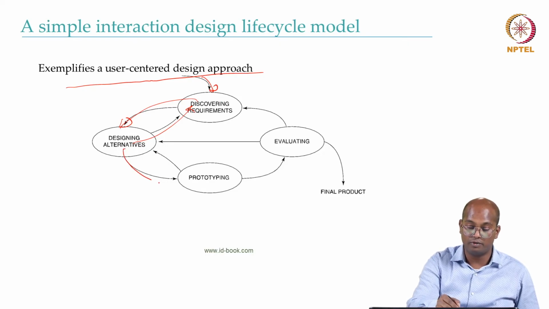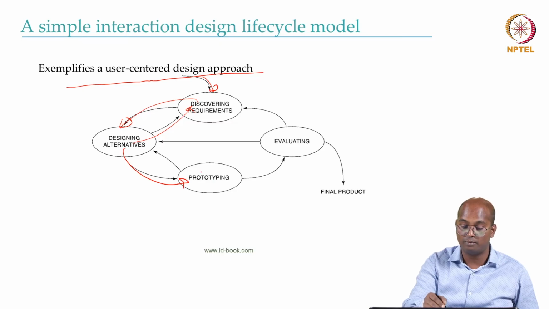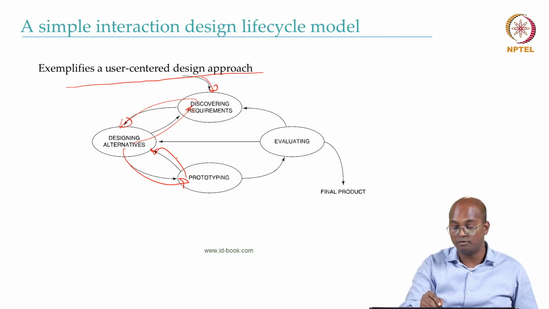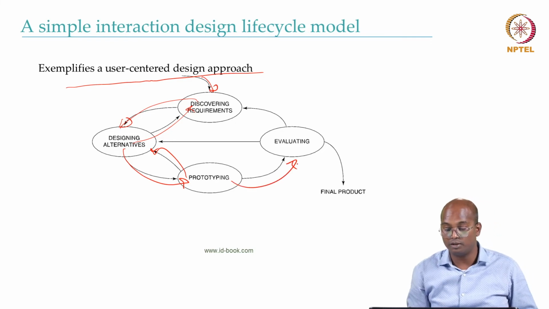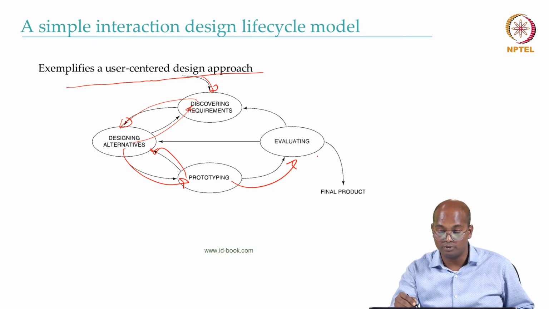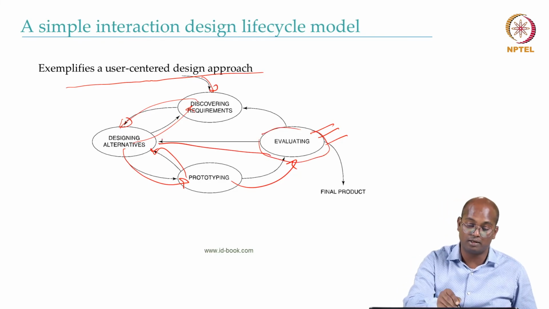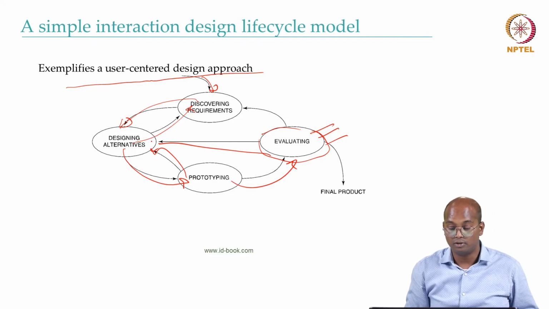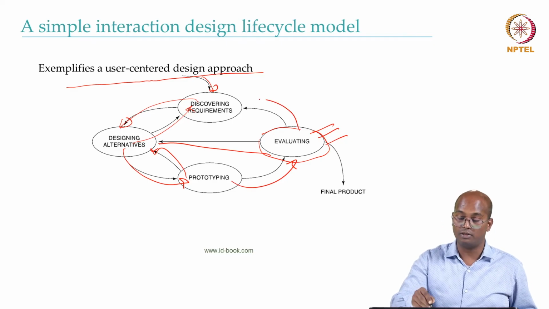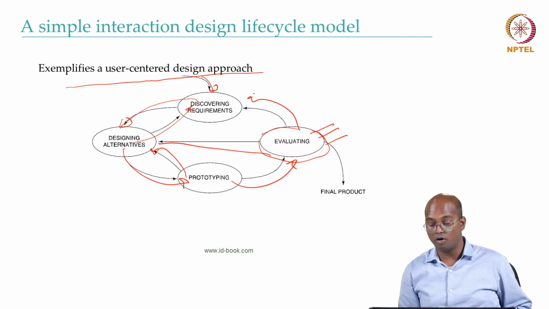Similarly, once you have different design alternatives, you can build a prototype. While building the prototype, you may learn that some changes are required. You can go back again, come up with more design alternatives, and after that build the prototype. Once the prototype is there, you can start validating and testing it. And during evaluation, you probably come across some issues in the system, and then you go back and again discuss the design alternatives for that, and probably even get more requirements.